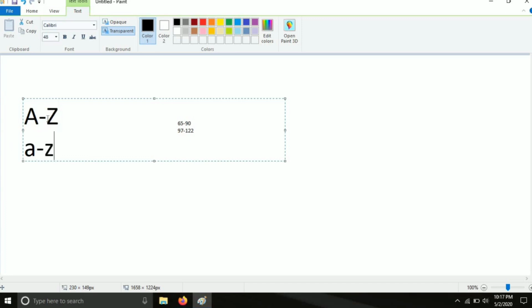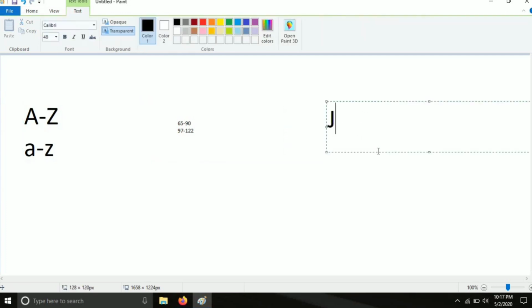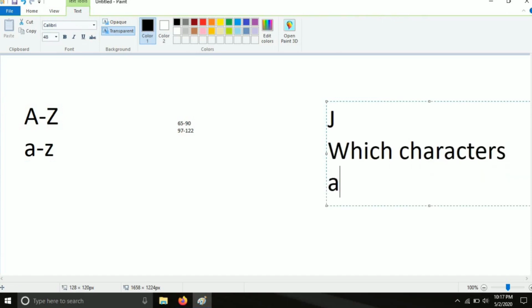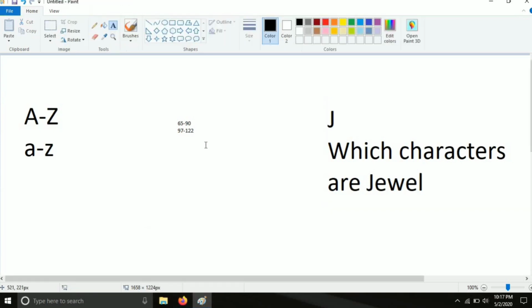Firstly I will check in string J which characters are jewels. For this we will create a boolean array of all the characters, and whichever characters are jewels we will mark them as true.